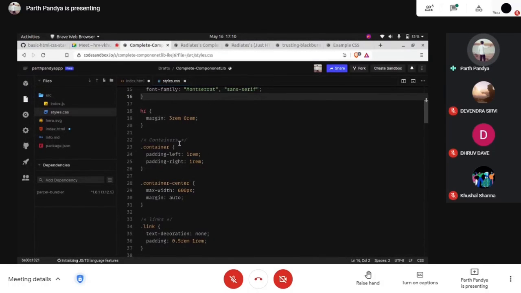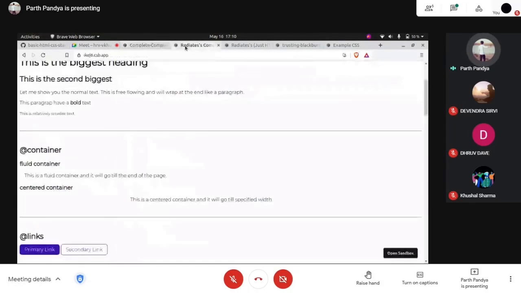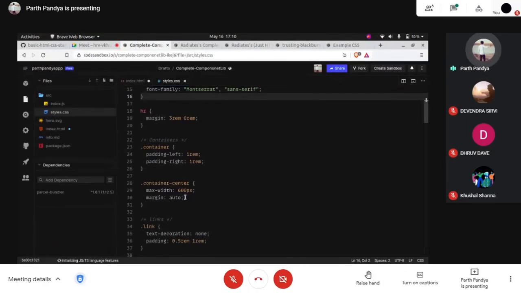We are using both of these on a single element, and that's why it is called Cascading Style Sheets: you can use different properties on a single element. We are giving the max width 600 pixels, so it has margin auto. So what is margin? Let's discuss.